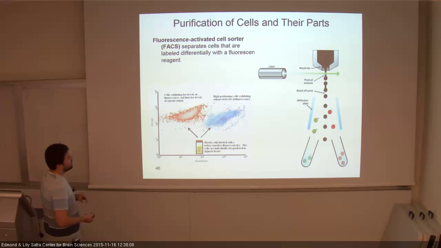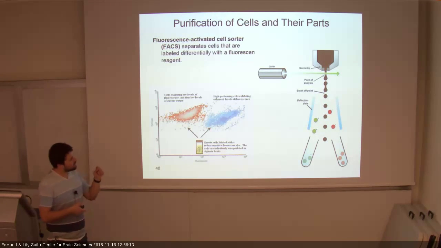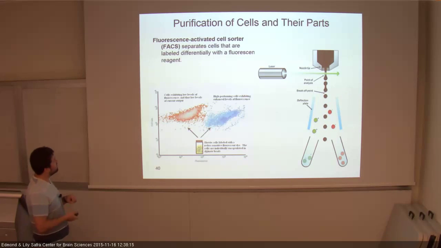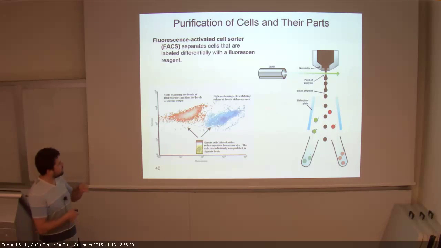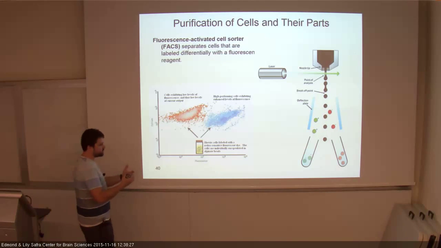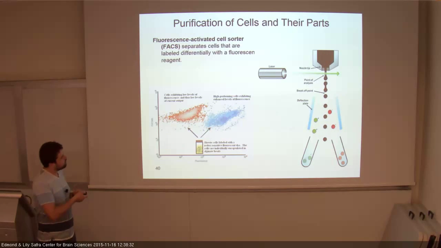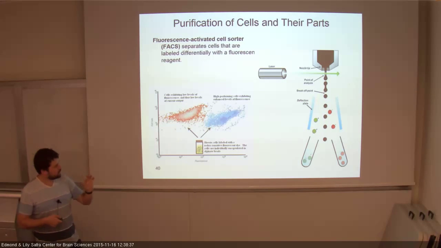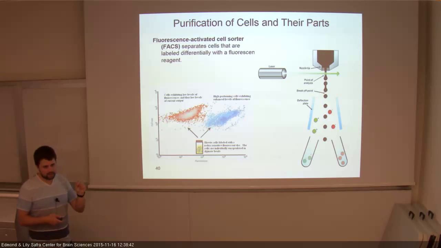So in order to do that, we have this machine that's called a FACS machine, or fluorescence-activated cell sorter. What this machine does is you take a mixture of cells and suspend them in a medium, so they're all floating around in the liquid, and then you pass them through a nozzle, and this nozzle creates droplets, and each one of these droplets contains one cell,